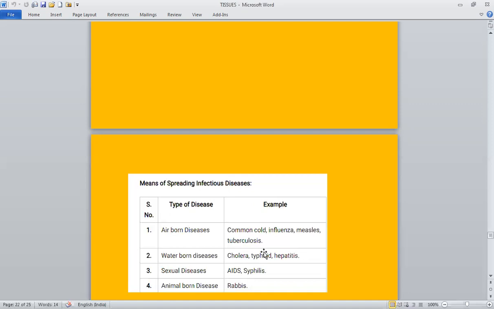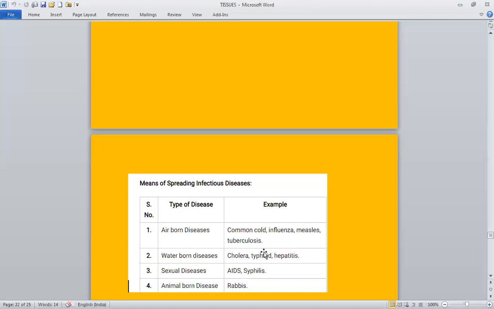And what happens if a healthy man breathes in this environment? He can catch the infection because this air has many of these microbes present in it. The microbes present in the droplets enter the body of the new person and make him diseased. So, the spread of air transmitted diseases is more in areas which are crowded or poorly ventilated.